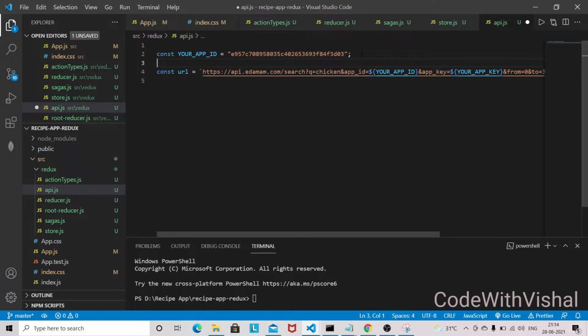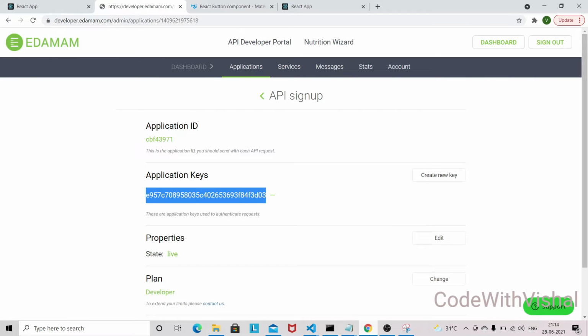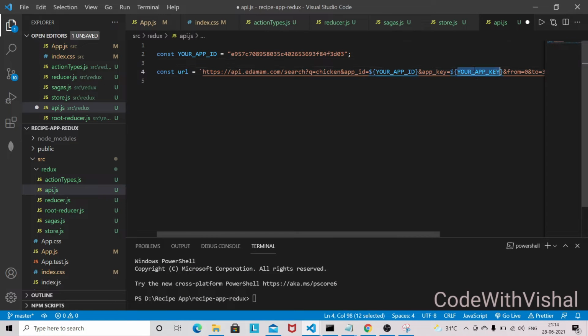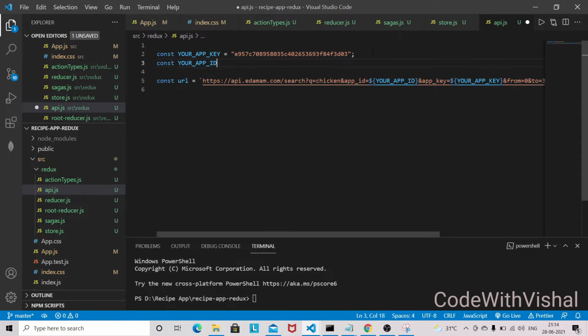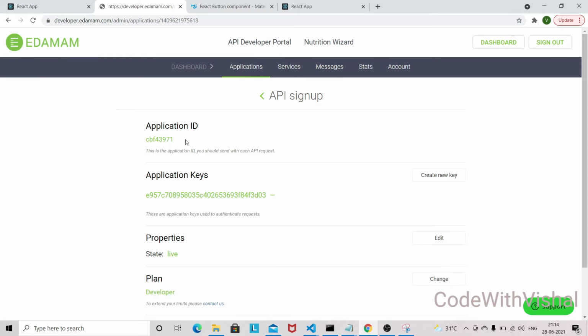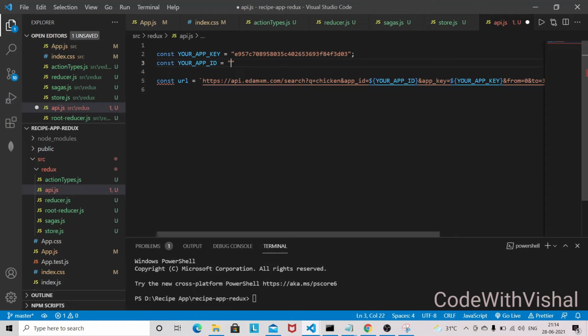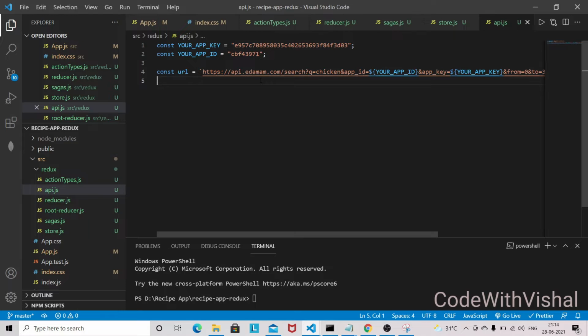Sorry guys, we need the API key. So let's change this to your app key, and then we need the app ID as well. So this ID we need. So we have all things here.